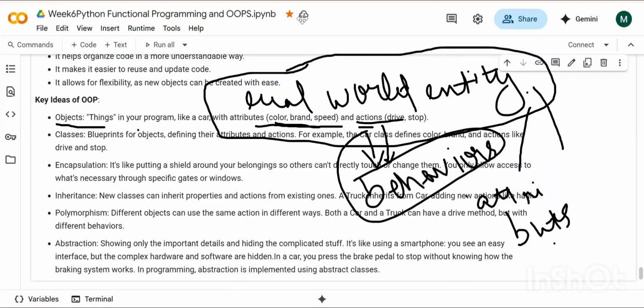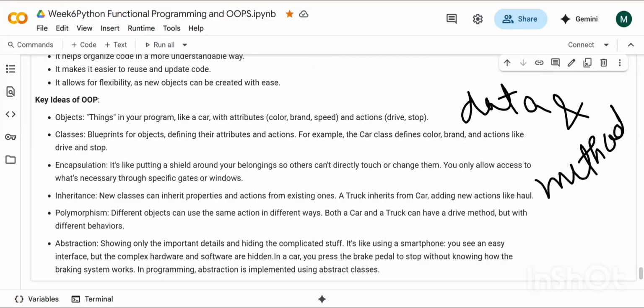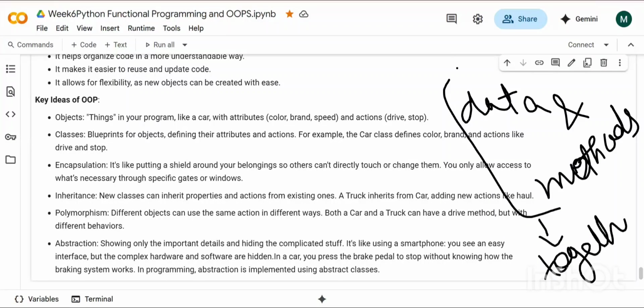The last line I said, in programming terms, an object is a collection of data and methods that works together. Is it clear now?